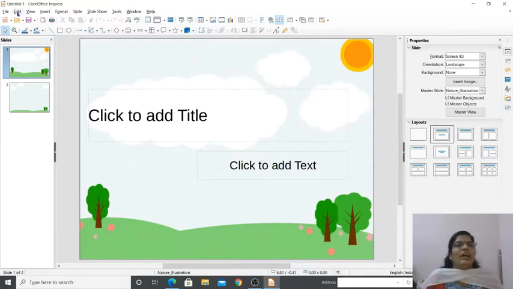As you know, the very first bar is called the title bar, which represents the name of the application, which is LibreOffice Impress, and the name of the file, Untitled 1, because we haven't saved the file yet. By default, the name of the file is Untitled 1. If you see the top right corner, you can see three buttons. What are the buttons? Close button, restore, and minimize. These are the three buttons at the right side of the title bar. So that is all about the title bar.